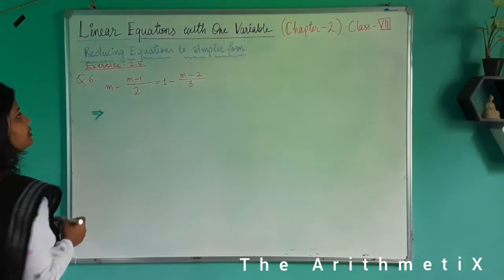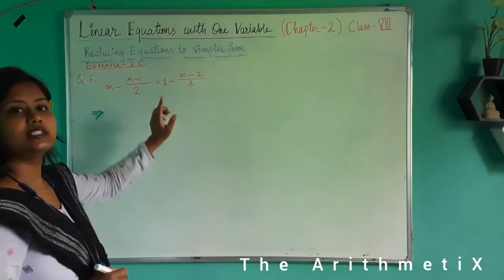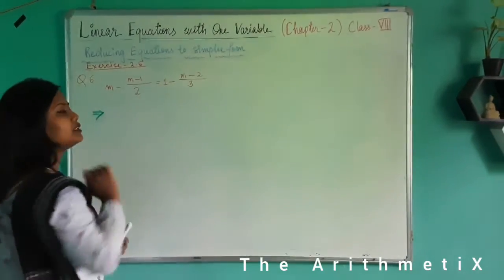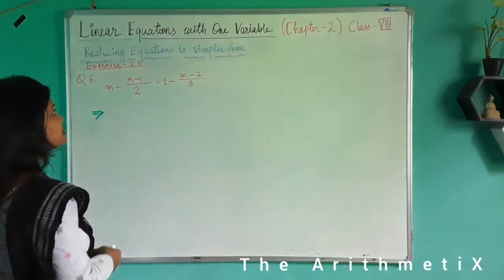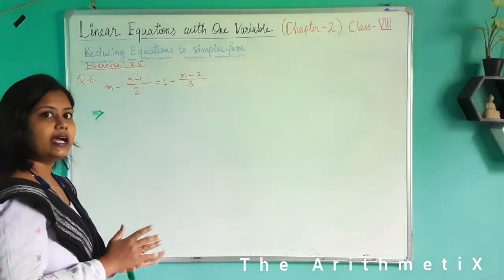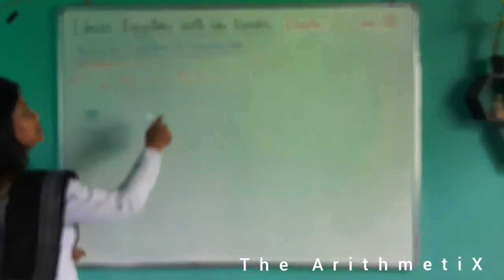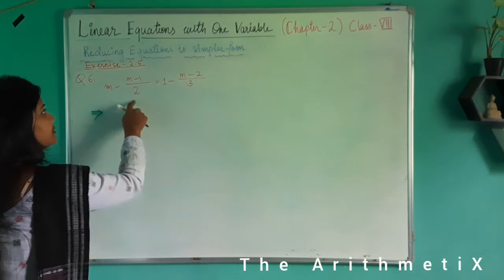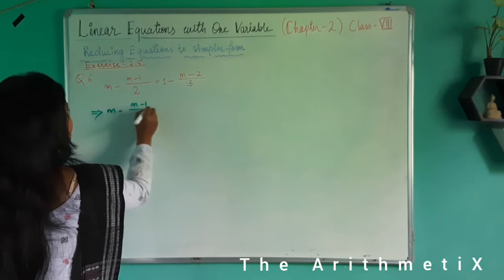Here you see there are total 4 terms, 1, 2, 3, 4. And out of them only one term, the number 1, is a constant because it consists only of a number. So this constant term we have to keep separate and बाकी के सारे terms को एक साथ लाके एक side में रखना है. So now let us transpose this term to left hand side. So now let us write like this.